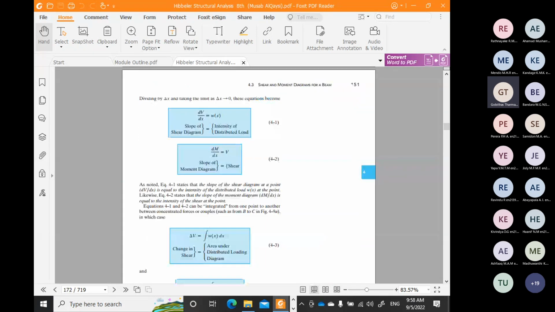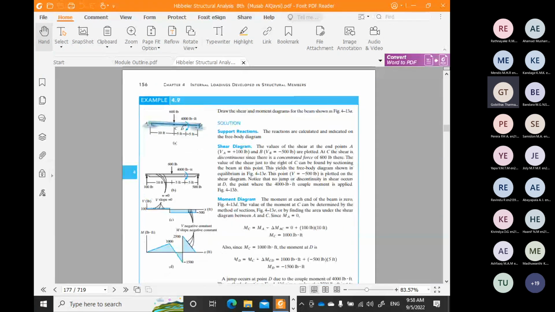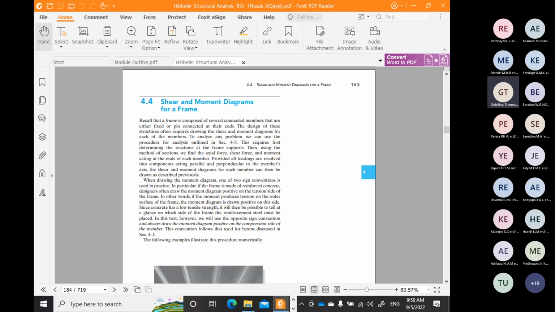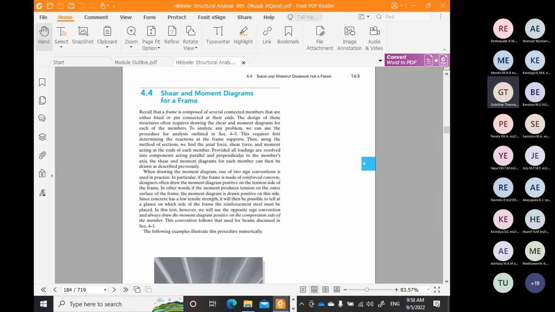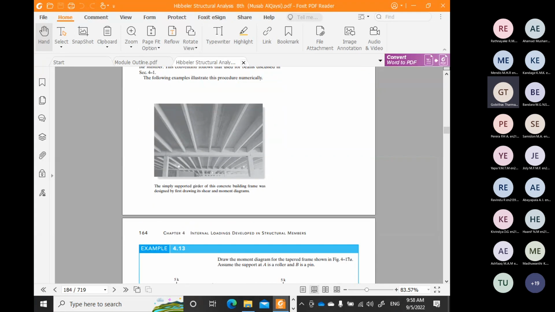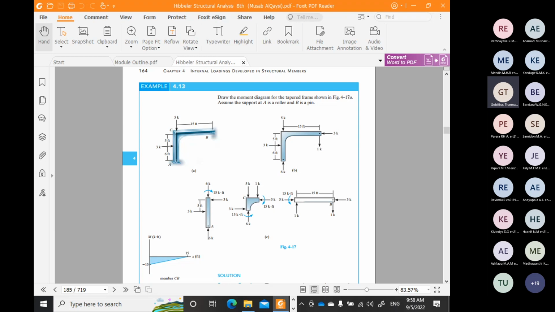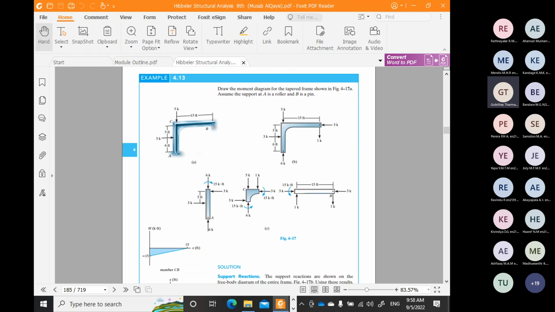So if we go to the frame problem, statically determinate frames, shear and moment diagrams for frames. Now, frames are widely used in construction as well. So we see how to approach a frame. The only difference we are going to see in a frame problem is that